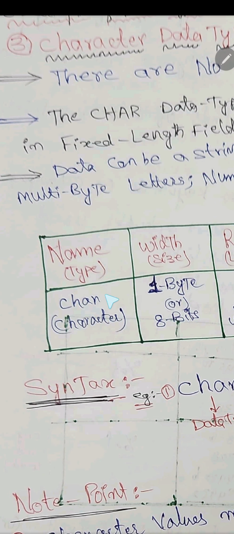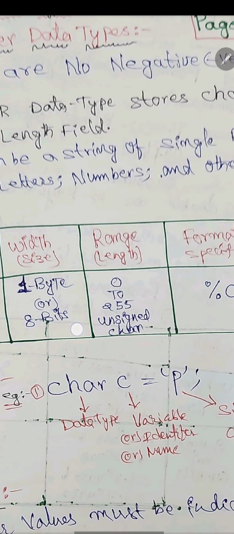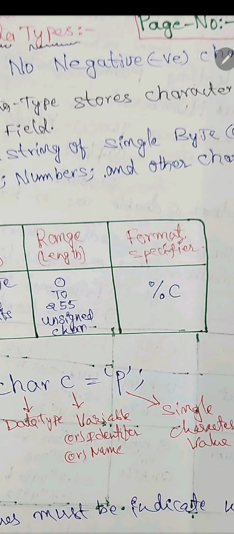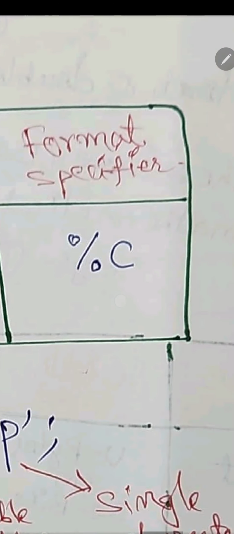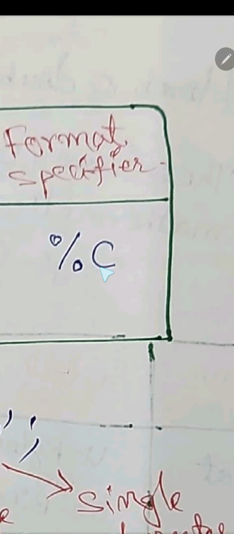name type char, it is a character. Char is a keyword out of the 32 keywords I just showed you, and width is 1 byte, that is equal to 8 bits, and range from 0 to 255, 256 characters in total. So, total 256 characters, unsigned, meaning there will be no sign, there will be no negative number. And for character, percentage c is the indication,